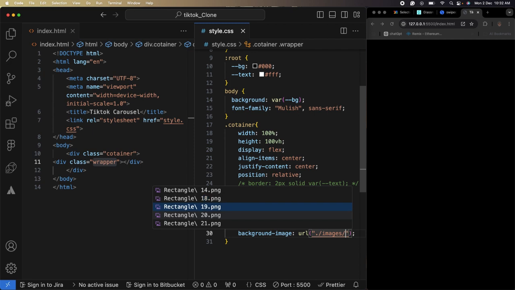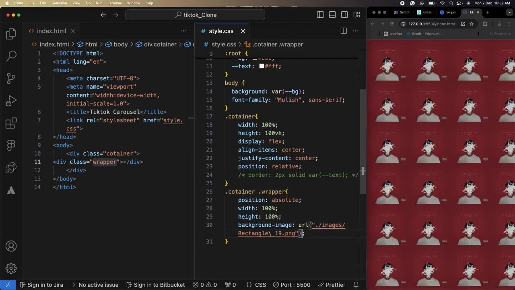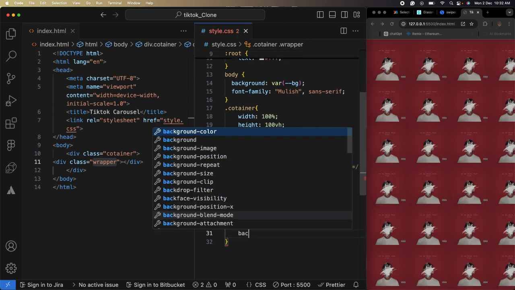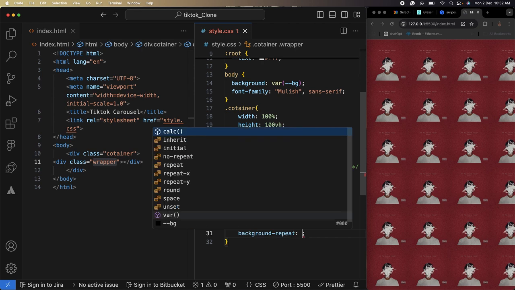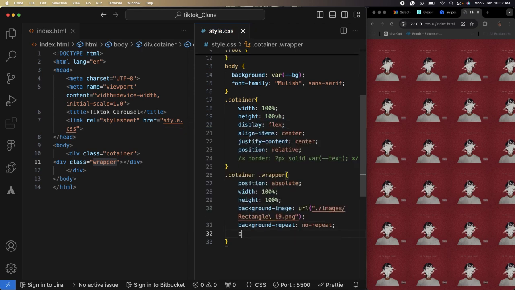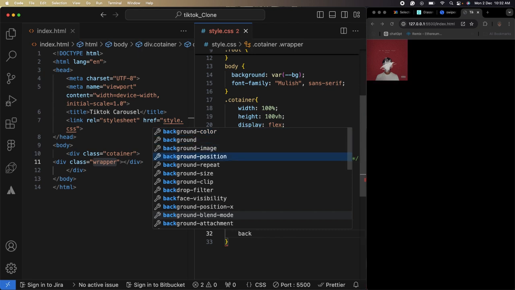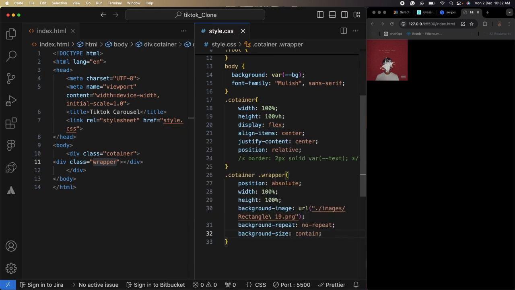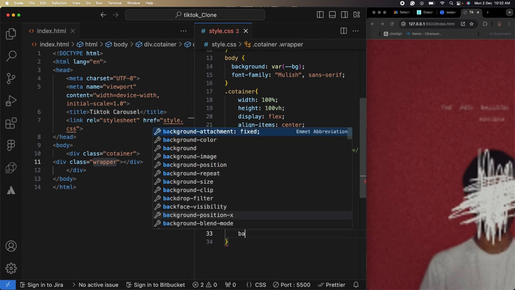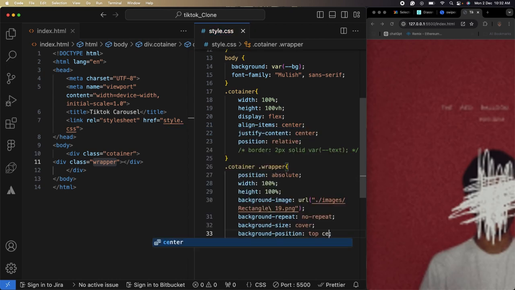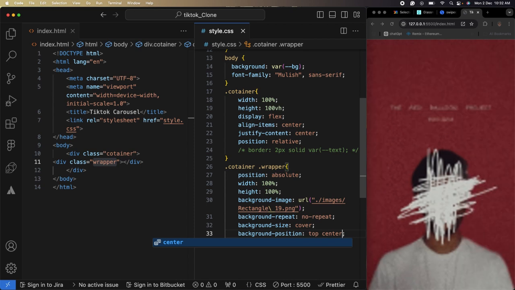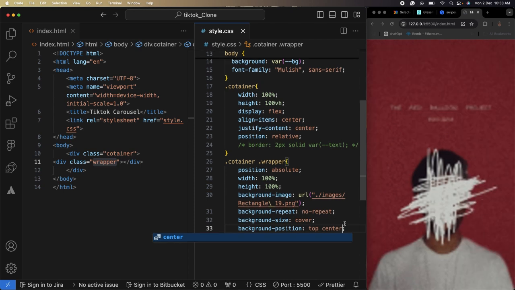Let me go with rectangle 19. Okay. Background repeat, no repeat. Background size, cover. Background position, top center. Okay,